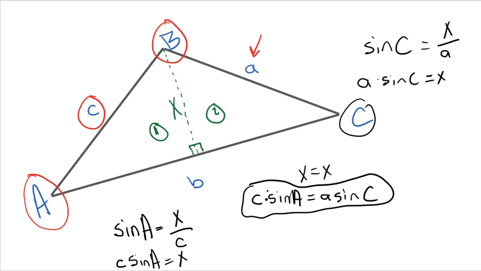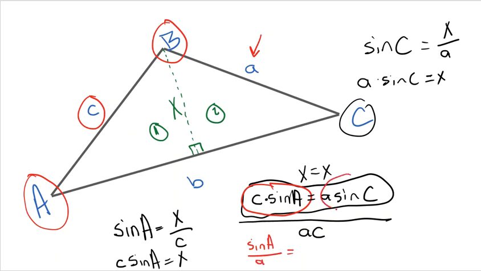C times sine of A equals A times sine of C. Awesome. Now, one thing I could do is divide everything by AC. As long as you divide everything by the same number, you might be changing how it looks, but you're not actually changing it. So if I divide the left side by A times C, the C's are going to reduce out, and I get sine of big A divided by little a